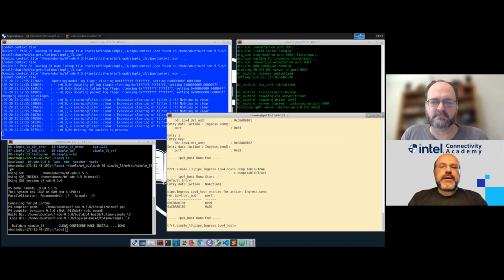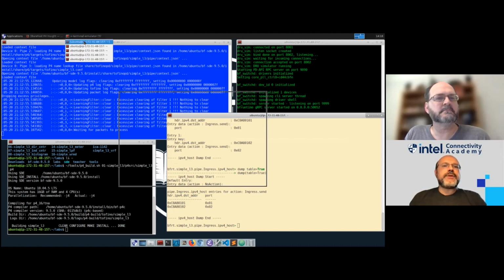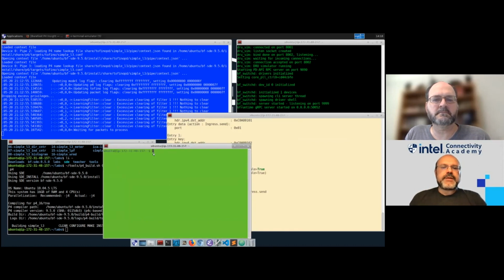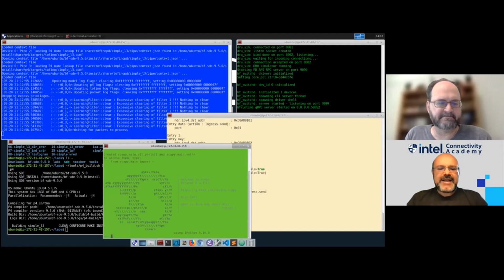And so now we have our tables configured, and what we can do is maybe open another window and run Scapy in there. I'll just move it a little bit. And so let's say sudo scapy. Favorite way to construct and deconstruct packets. Absolutely. So we can simply say send packet, and let's make it a very simple Ethernet packet followed with the